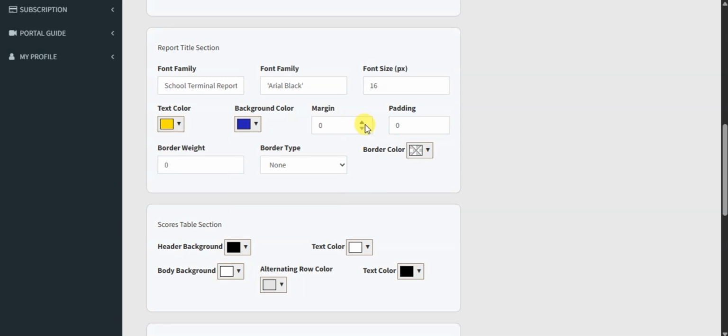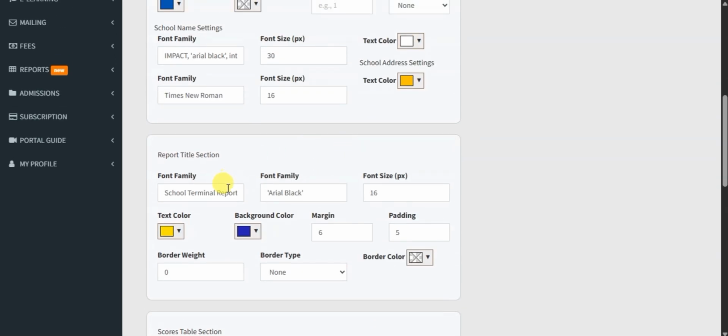Then I can give it some space out of the margin, and then some space within, then also to increase my border. Okay, I'm okay with this. I will just use 0 for it, and then I can change the text to show there. So I can say school evaluation